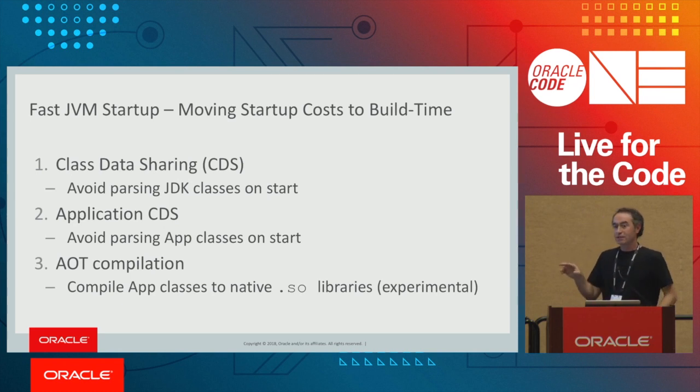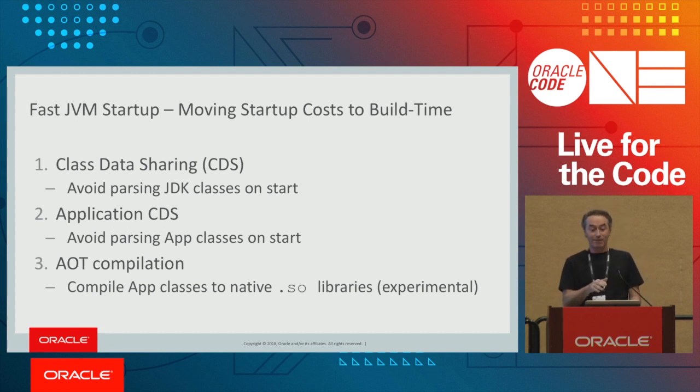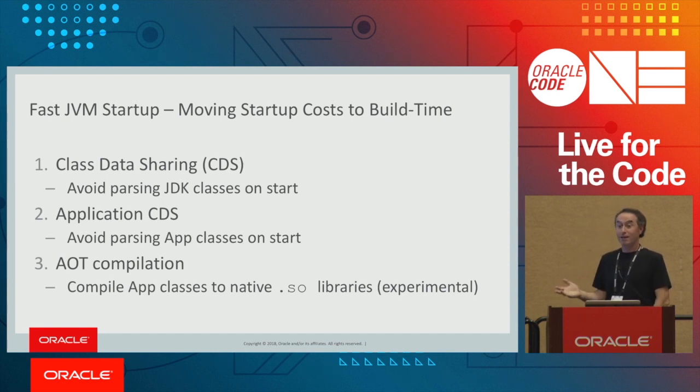The bad news is the post-parsed output takes up space. So you saw I had a constraint, I want small images. Well, I can get faster boot time at the expense of fatter, slower, or bigger images. So there's a space-speed trade-off, like in life at all times, right? It's always some sort of trade-off.